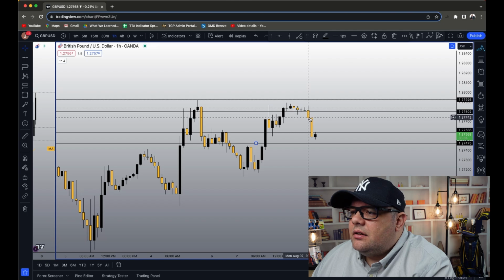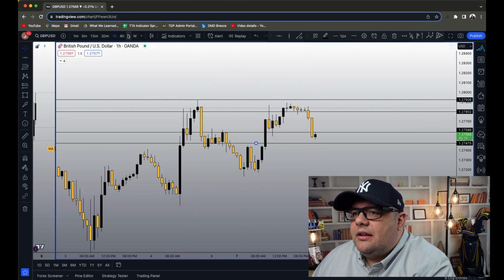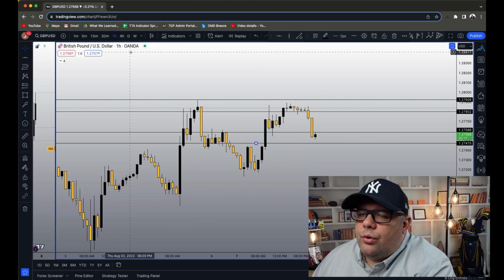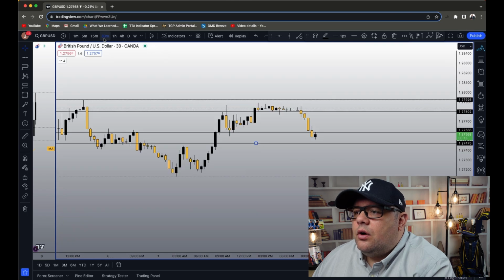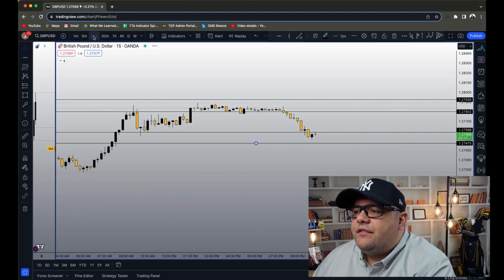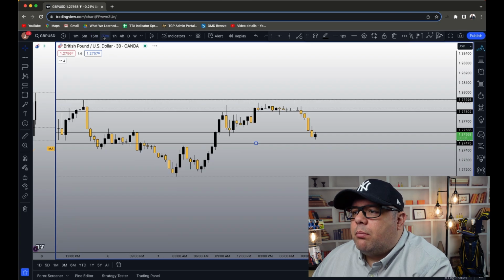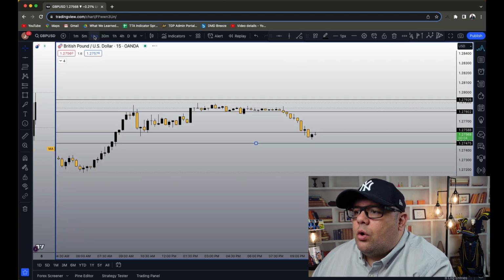Now, instantly, we see this big bearish breakout. That right there, once we saw that bearish breakout, we knew that the supply dump is now going to start. Okay, now, do we trade this on the 1-hour chart? No. What we really want to do is we want to come down to the 30 or really even the 15-minute chart. Okay, now it's up to you whether you like a breakout entry on a 30 or a retest